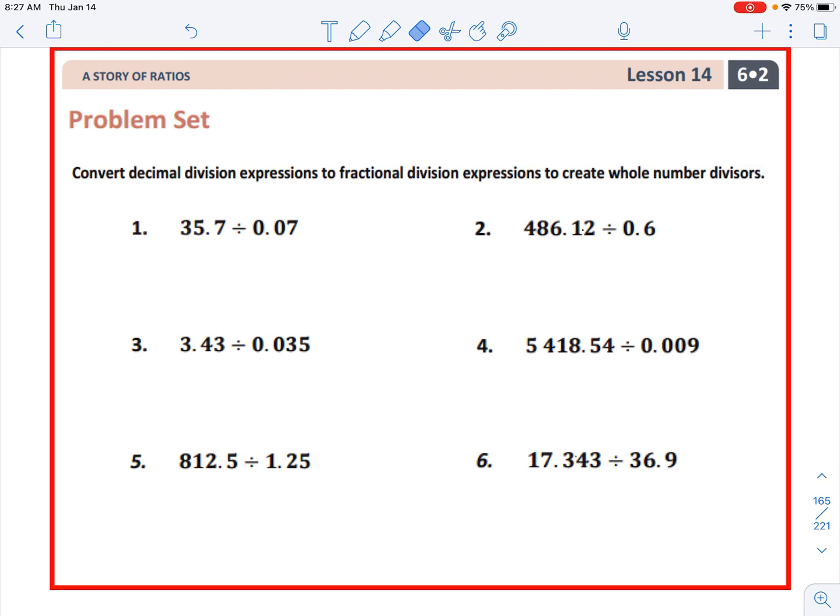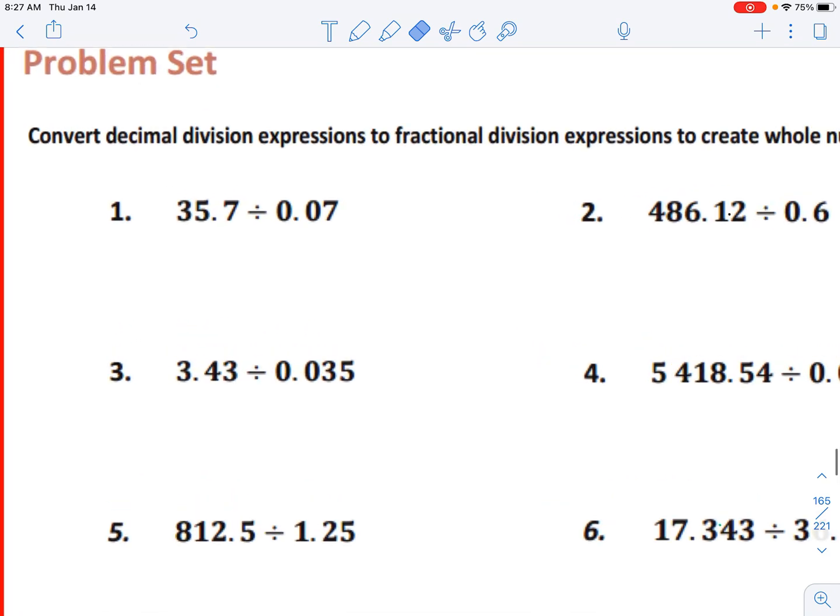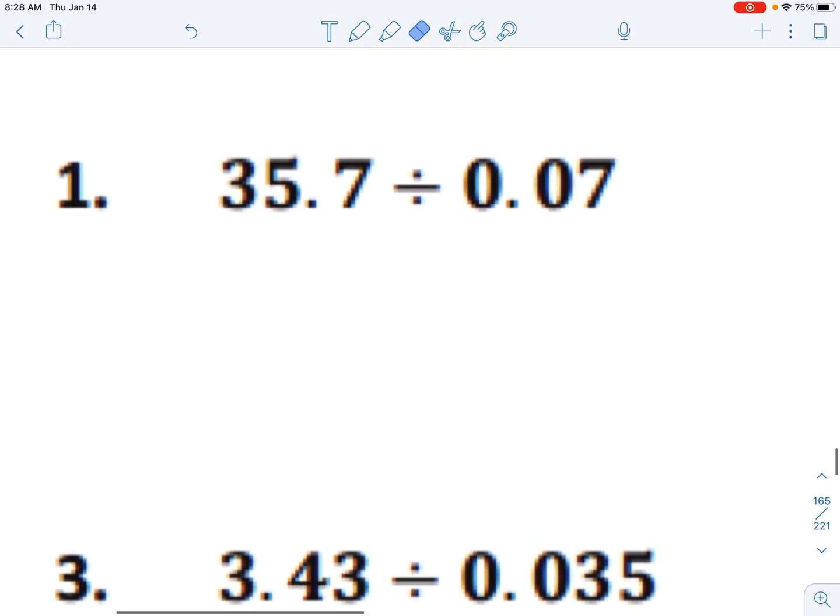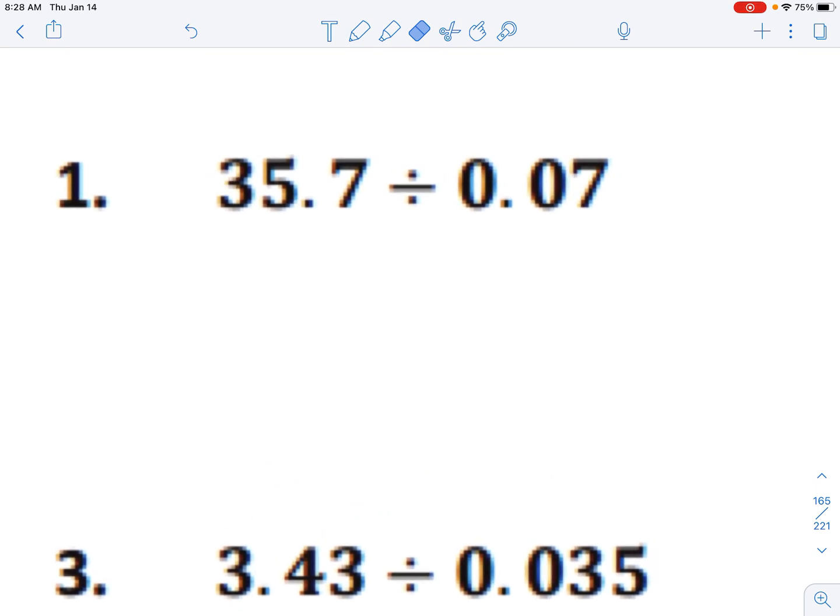Okay, so I'm going to go through the problem set. Please check your answers, make sure they're correct. Check your work and try to find any mistakes that you made along the way. Okay, so